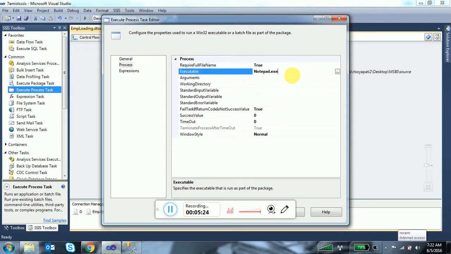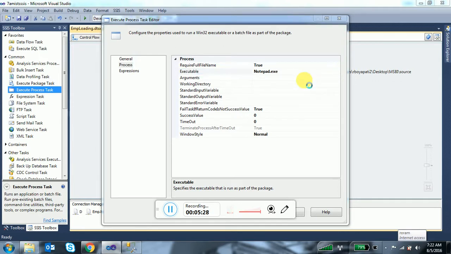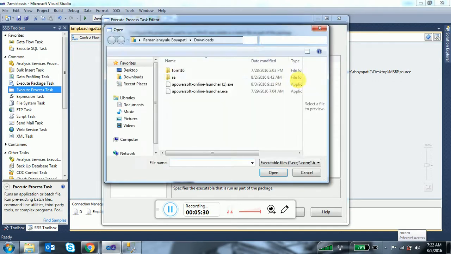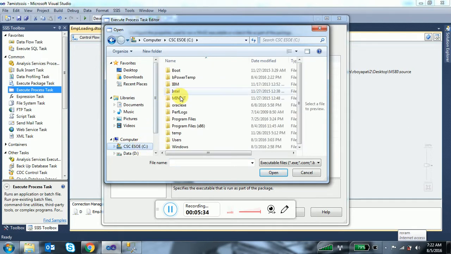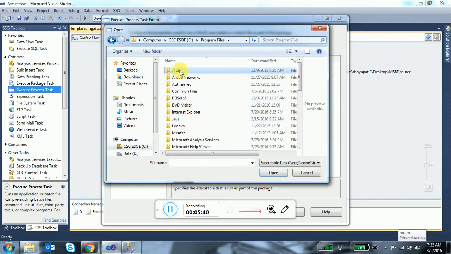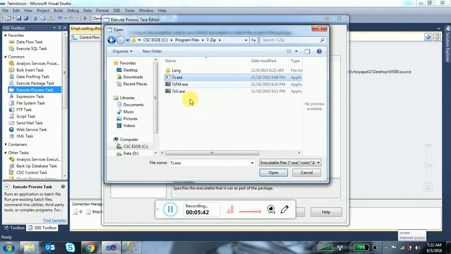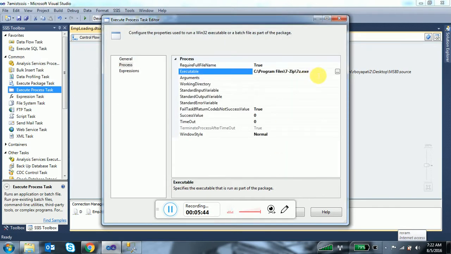Okay, right. So the executable is ready to execute, but we need some inputs. What is the location of the file? Which file are you going to zip? After zipping a file, in which location do you want to keep that file? Okay, right. So the syntax you have to write inside this Arguments section is,